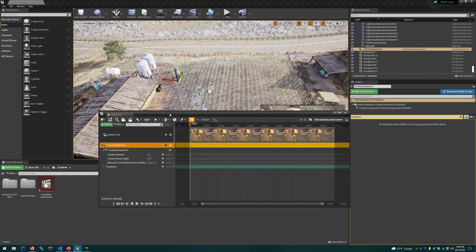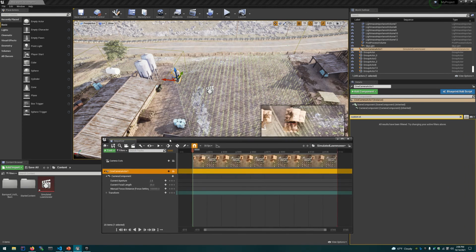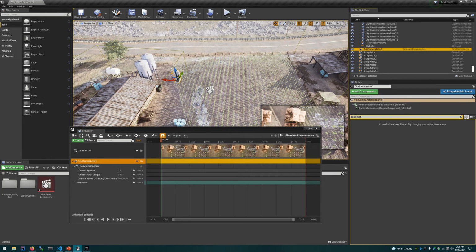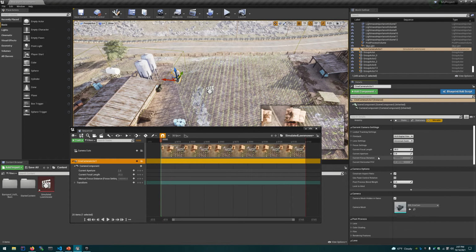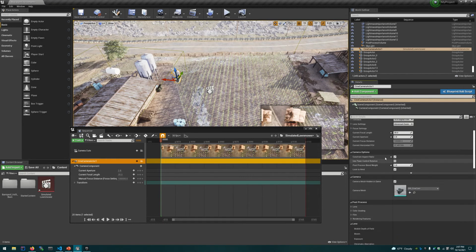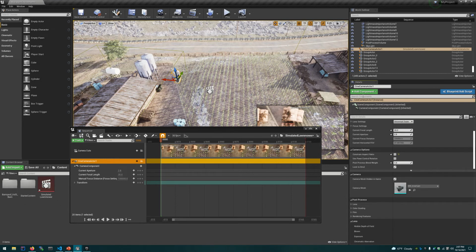Okay. So now that we've got our camera, we can sort of set it. So first of all, we can go into our camera settings if we want. And there's all kinds of things we can set. We can set sort of the focal length, the focal distance. We can change like the different models for it. One thing that I recommend is to uncheck constrain aspect ratio if you want to render at say a different resolution than the lens parameters define. You can also set some things that you might want here to do a more controlled data collection. One thing that I always like to do is control the